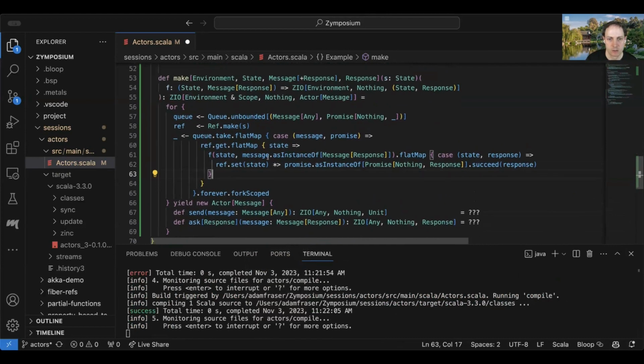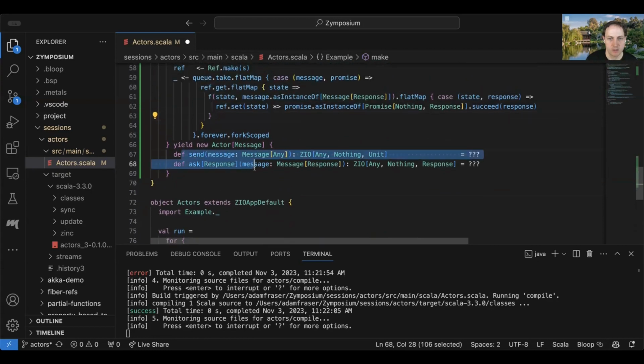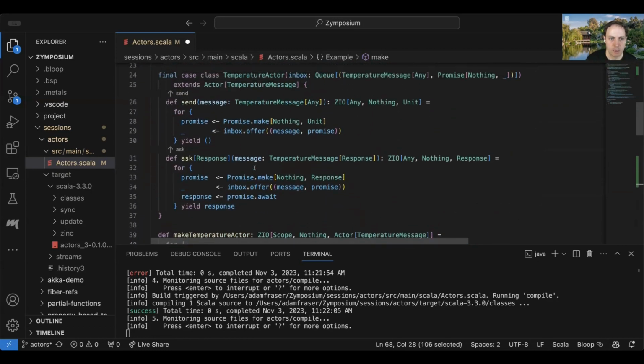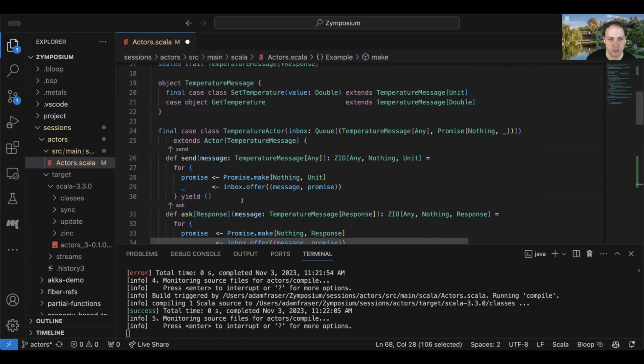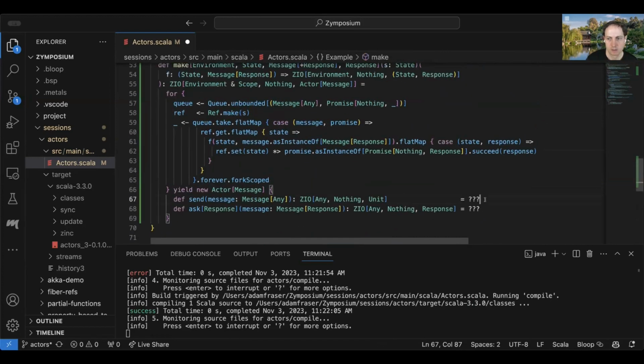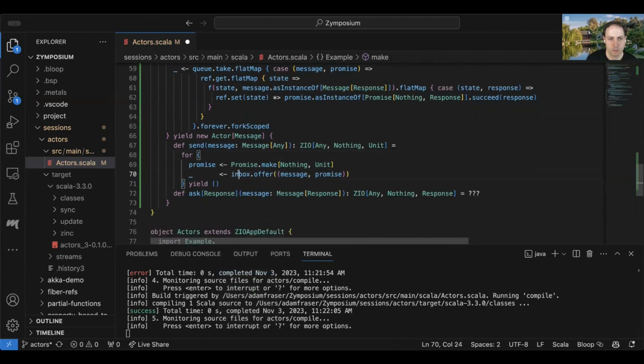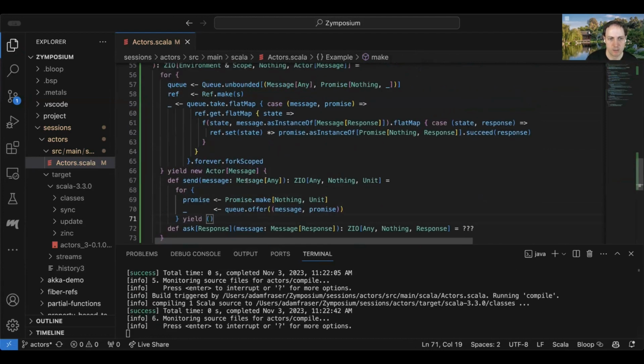Okay. So now we've abstracted that logic out. And then this logic here, I think we can basically just take the logic that was in this temperature actor. So the send is going to make a promise, and then it's just going to offer the promise to the queue, and it's just going to return immediately.